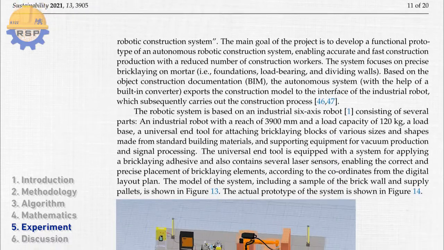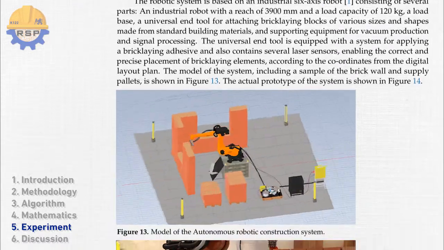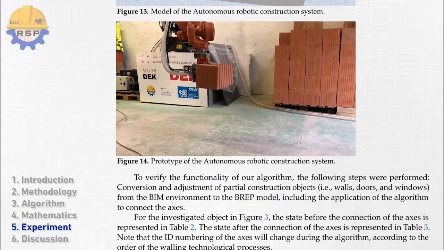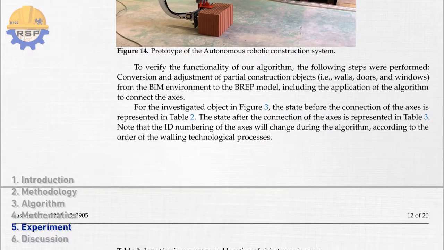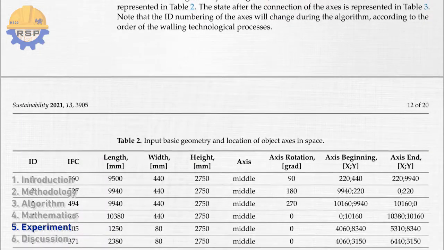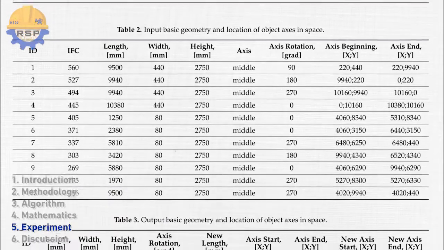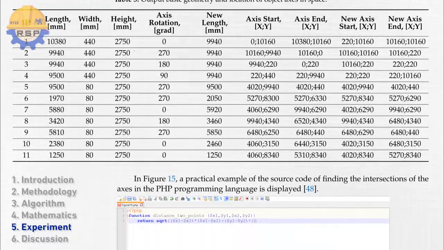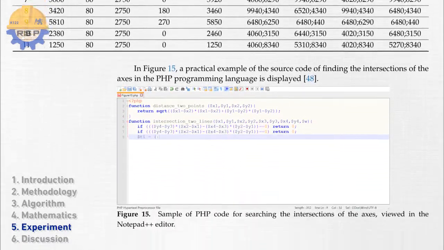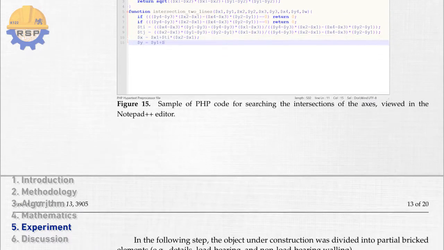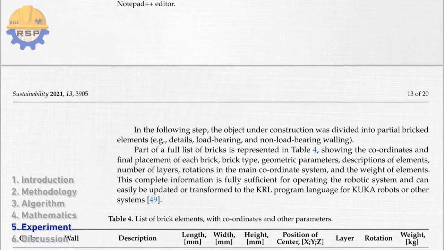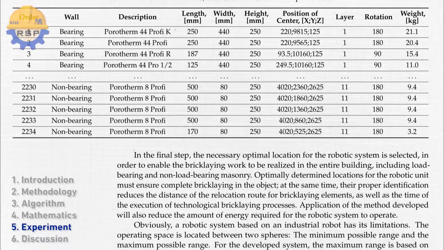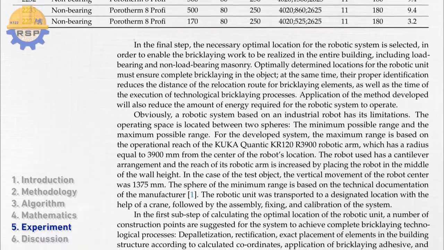The robotic system is based on an industrial 6-axis robot consisting of several parts: an industrial robot, a load base, a universal end tool for attaching bricklaying blocks of various sizes and shapes made from standard building materials, and lastly, supporting equipment for vacuum production and signal processing. The universal end tool is equipped with a system for applying a bricklaying adhesive. It also contains several laser sensors enabling the correct and precise placement of bricklaying elements according to the coordinates from